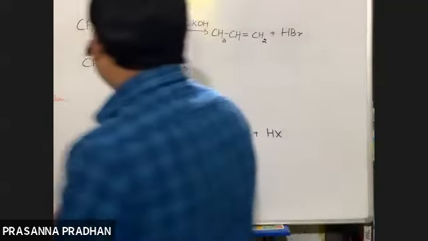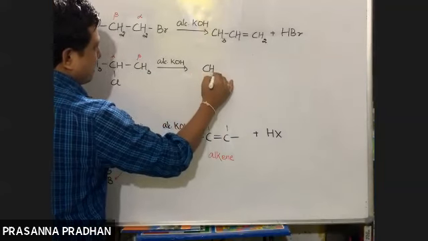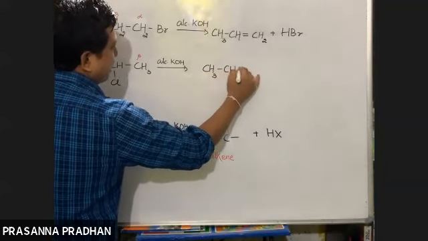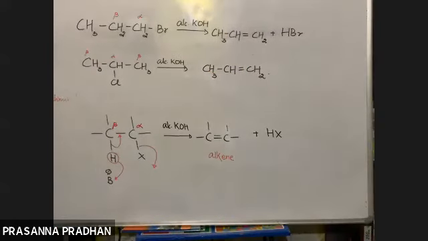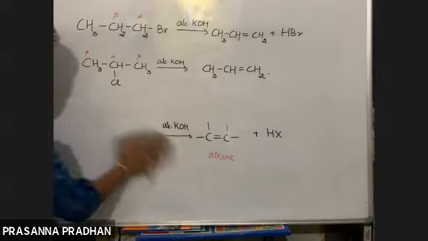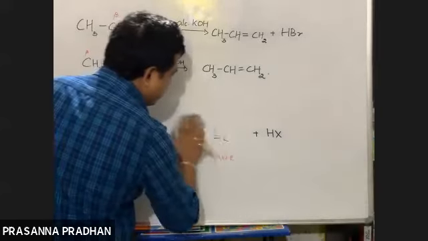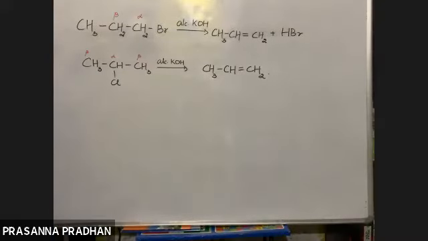So the thing is that alpha carbons have the halogen and beta carbons have the hydrogen. So CH3, CH, double bond, CH2. So this is the main product. Propene again. Okay, so I'll give you one more. So you're finding it easy? Yes, it's very easy. You just need to remember the reagent and remember the fact that during elimination, from the alpha carbon your halogen is eliminated, and from the beta carbon your hydrogen is eliminated. Okay.